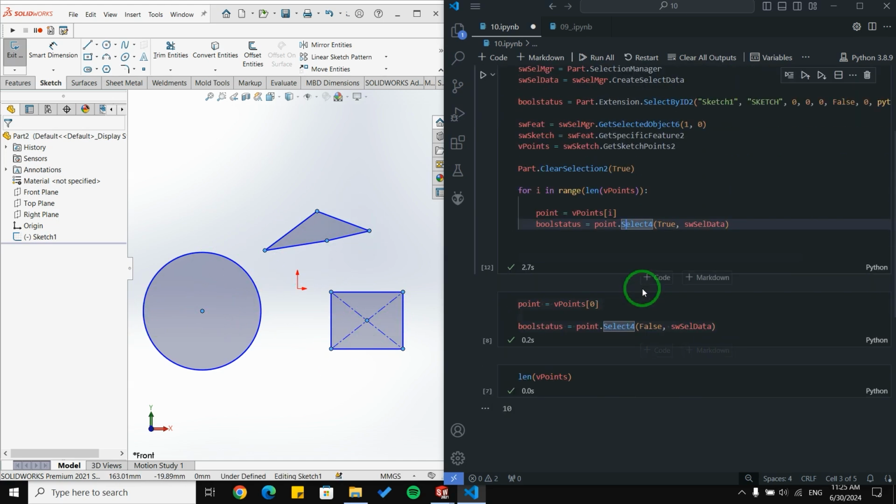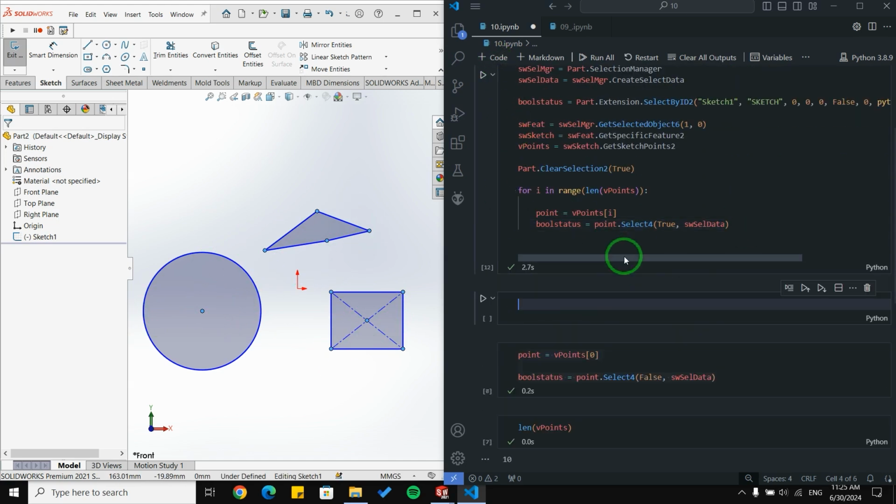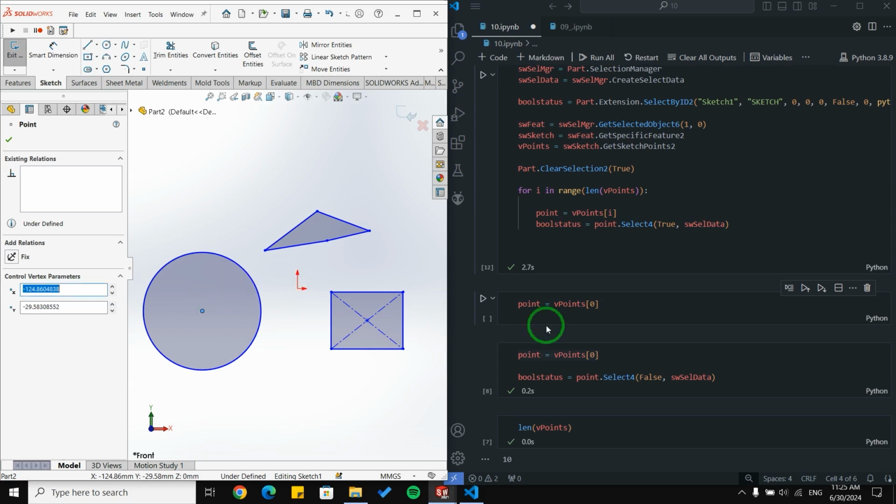In the previous video, we talked about GetName. Here we have some other options. I'd like to get the x coordinate or y coordinate. I'm going to get the x coordinate for this point, which will be this point here.